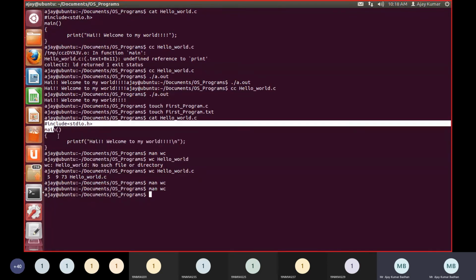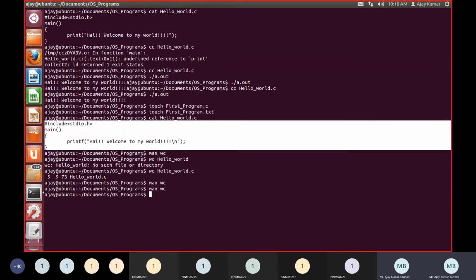words are there. So how does it count words? If there is a gap, then it is going to count it up. Like this, all things will come under one word. 1, 2, 3, 4, 5, 6, 7, 8, and this one comes under 9. So this is 1, 2, 3, 4, 5, 6, 7, 8, 9. The semicolon will come under 9. So this way it is representing this particular thing.